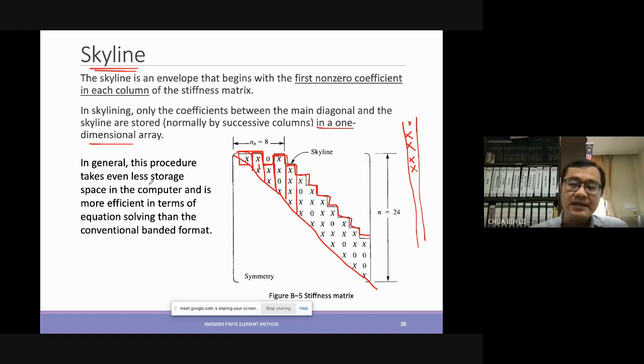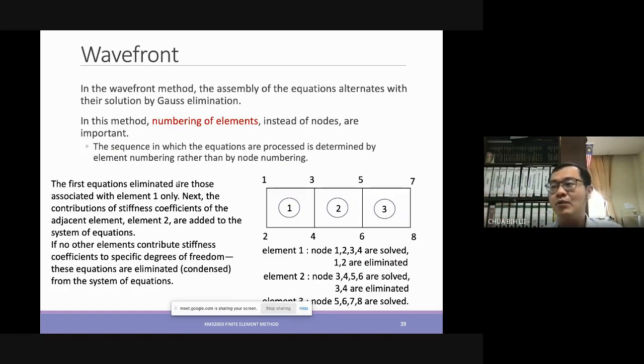So in general, because we remove more zeros and also the array is one dimensional, it actually takes much less storage. And in terms of solving the equations, it's actually more efficient than the previous banded format. So therefore, we slowly move on to this Skyline, and then next would be another more efficient way of solving it. We call this the